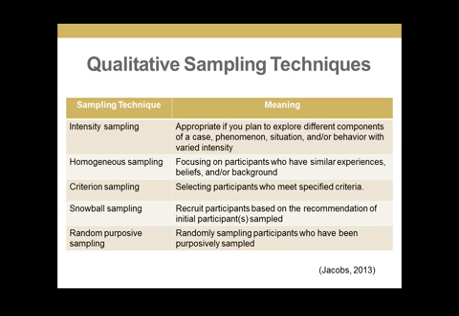So as you can see from the screen, intensity is more of, maybe you are focusing on a phenomenon and then you want to focus on different aspects of the issue. You're focusing on the case, but you want to focus on different aspects. So for each of the different aspects, based on how much time or the kind of data that you want to collect, it informs the number of participants that you need for that aspect, right?